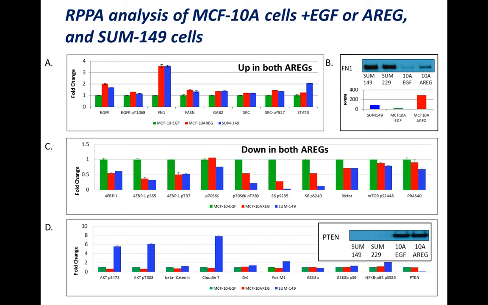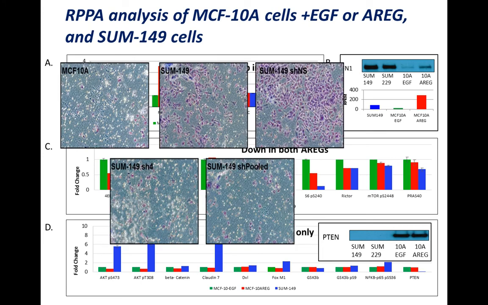So this is pretty exciting because fibronectin and its receptor integrins really are what mediates this invasive capacity. So we really feel strongly now that the ability of amphiregulin to drive the upregulation of fibronectin-1 is a major, major aspect, a major factor in the ability of this signaling axis to drive this phenotype of cellular invasion. So this was a really exciting connection between AREG, fibronectin-1, and the ability to invade. So when we get rid of AREG, the invasive capacity goes down. So we're pretty excited about this finding.